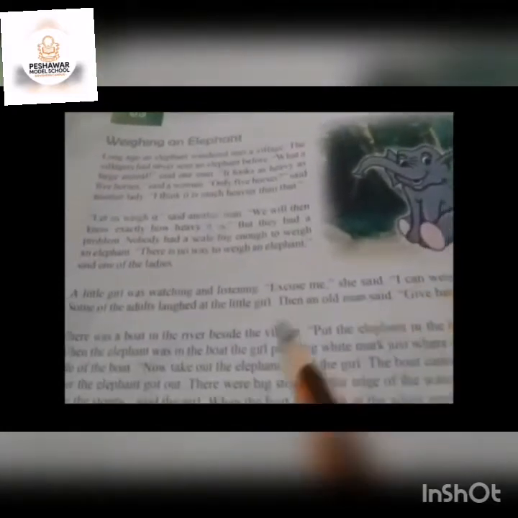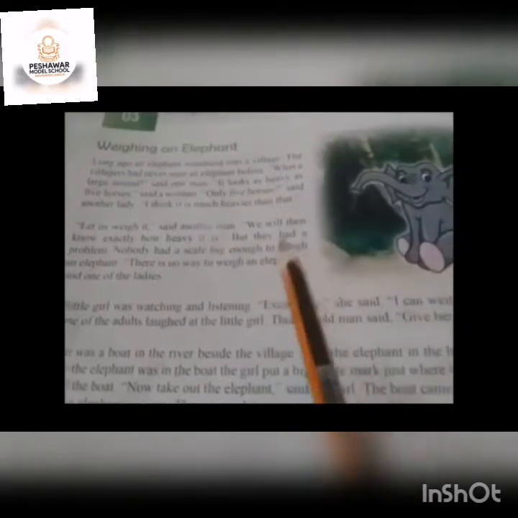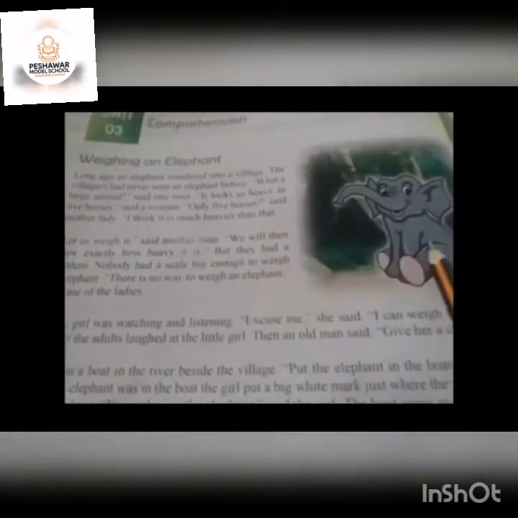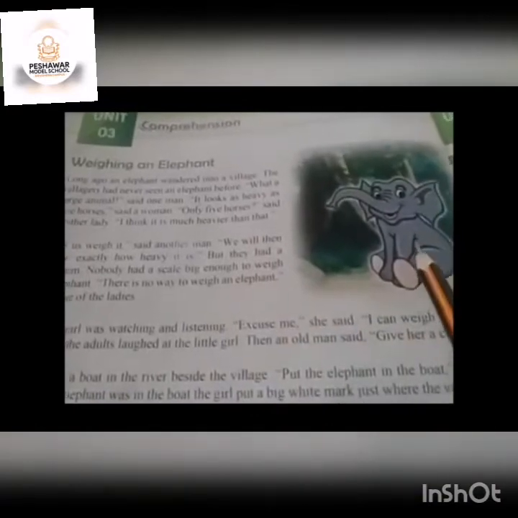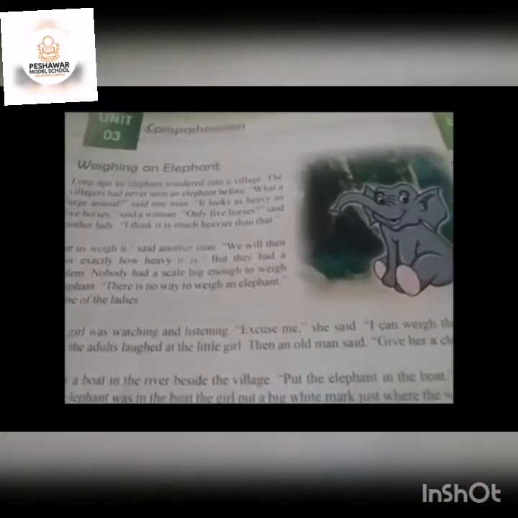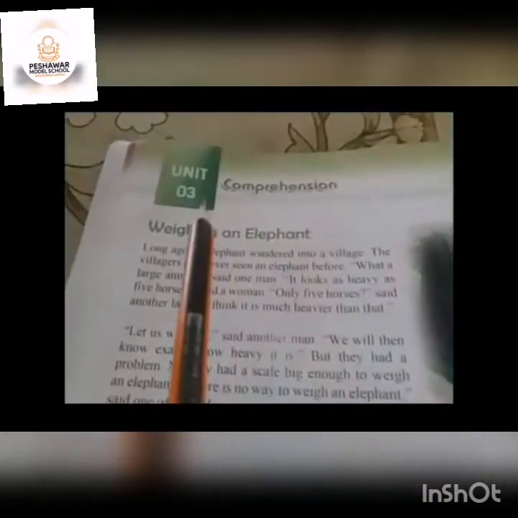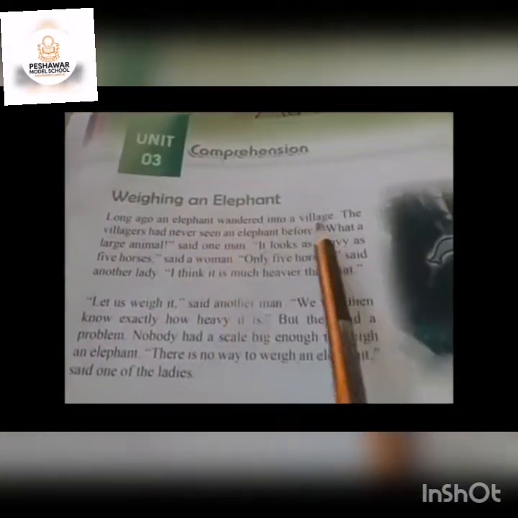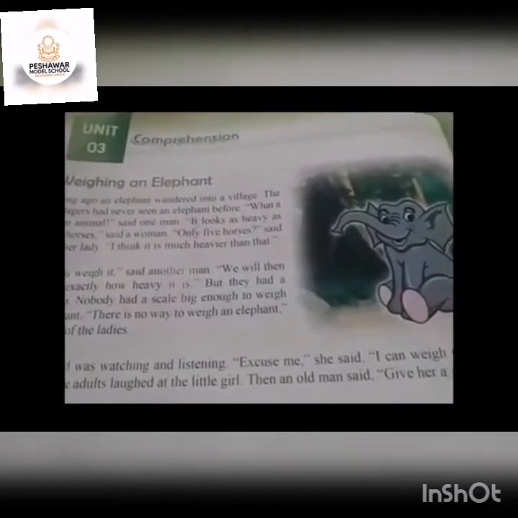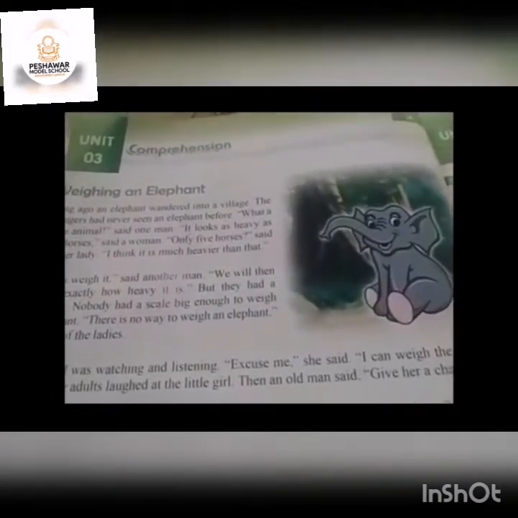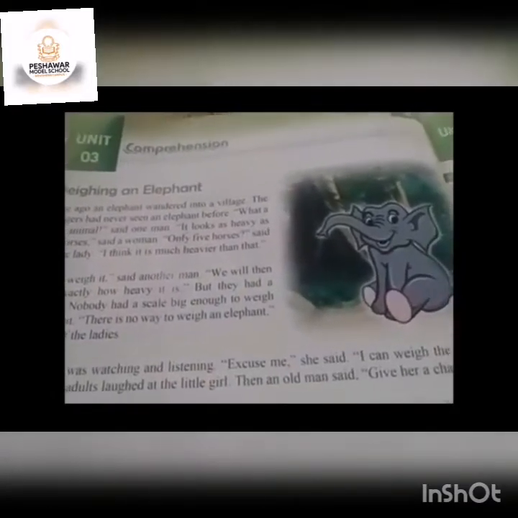So students, first I want to tell you that this chapter is about an elephant and the villagers, and how the villagers weigh an elephant. So the name of the chapter, as you can see, is Weighing an Elephant. Elephant, as you know, kids and students, you must have visited a zoo a lot of times,